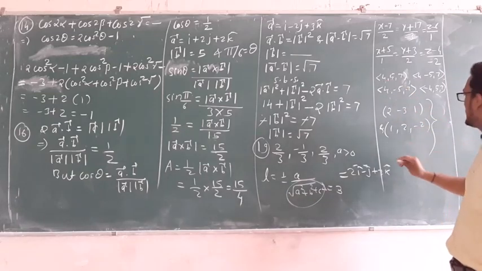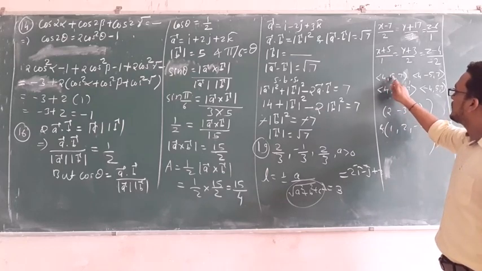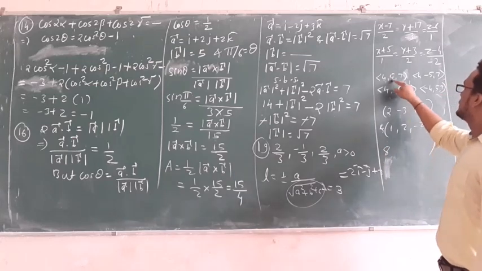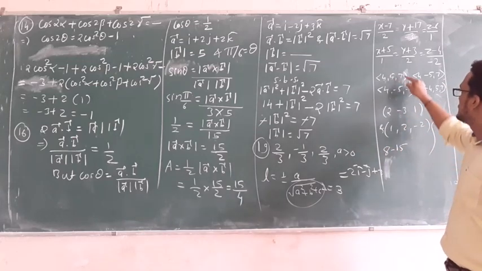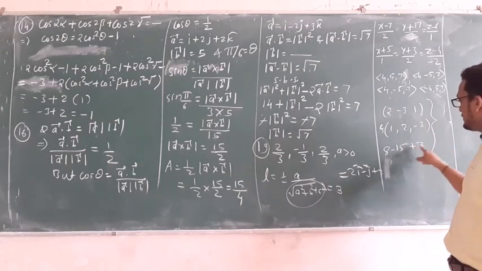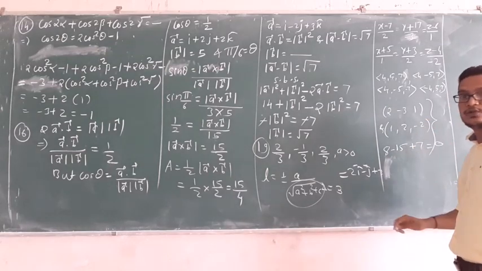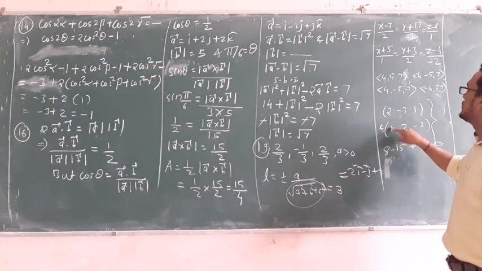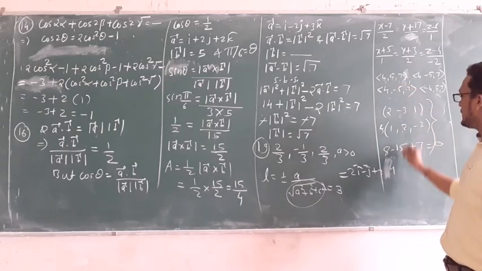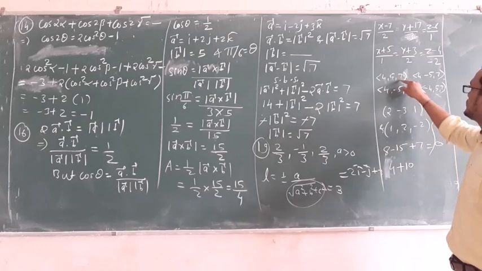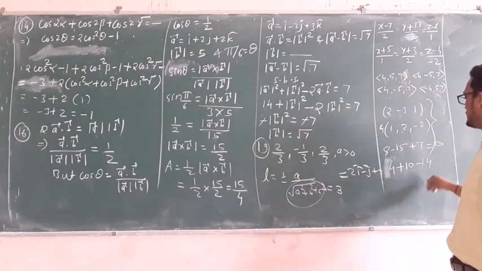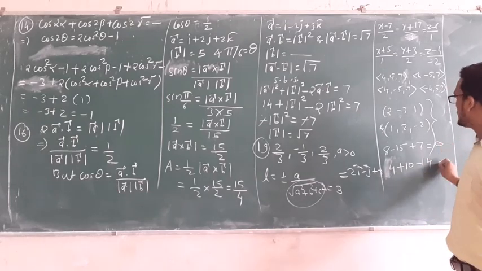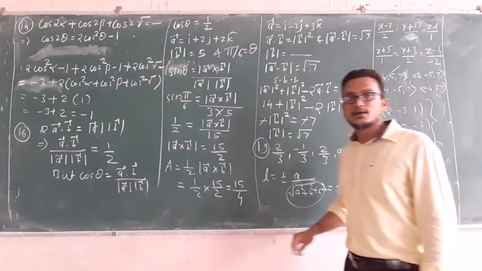If I take this, what will we get? Multiplying the corresponding elements with the first ratio: 4 times 2 is 8, 5 times -3 is -15, 7 times 1 is 7. So 8 plus 7 is 15, 15 minus 15 is 0. But let us check whether it satisfies the second ratio too. 1 times 4 is 4, 2 times 5 is 10, -2 times 7 is -14. So 4 plus 10 is 14, 14 minus 14 is 0. Both give 0, therefore option A will be correct.